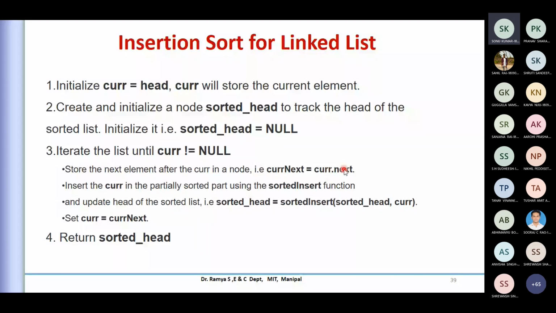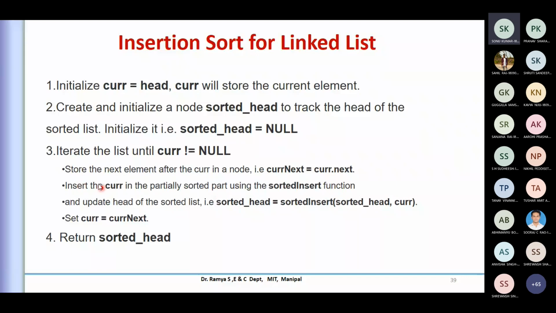Then compare the content of this next element, whatever is there, so compare the data value with what you started with, the header value. See whether it is in the right insertion, whether it is in a proper way. You see the comparison, and once you find there is a requirement of change, or you retain the same sorted value, you insert the current node in the partially sorted part.